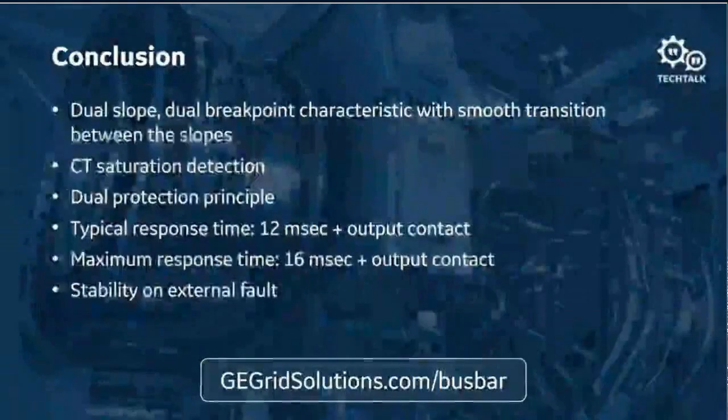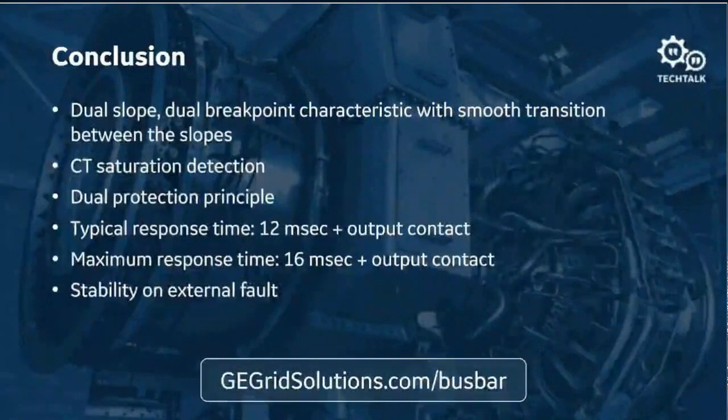So in conclusion, the dual slope, dual breakpoint characteristic with the transition between the slopes is one technique we use for coping with CT saturation. So we have 2 points of the curve where we have slope 1, where we operate normally during DC offset, and then slope 2, when we have high external faults with CT saturation, we increase the slope to deal with that CT saturation. Then we have the CT saturation detection algorithm, which basically looks at the trajectory of the fault going